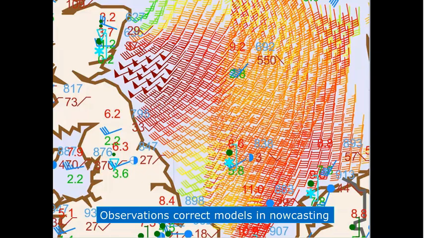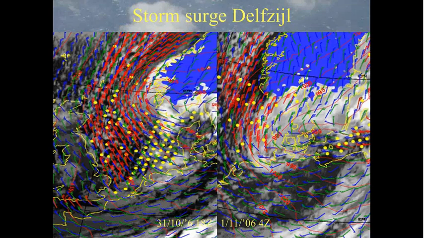In the Netherlands, I looked at this case, which was a storm surge in the north of the Netherlands, where it was very clear that the blue and the green flags, in this case, underpredicted the storm surge by half a meter. One because the direction was wrong, and the other one because the speed was wrong. And if you looked at the QuikSCAT data a few hours in advance, then you could see actually these errors, and you would be able to give a better depiction of the storm surge in this case.